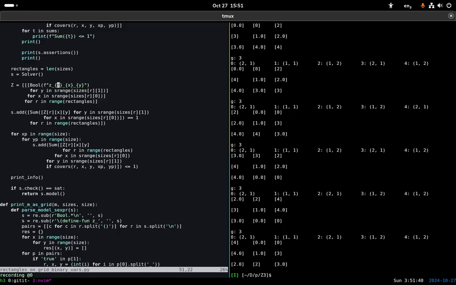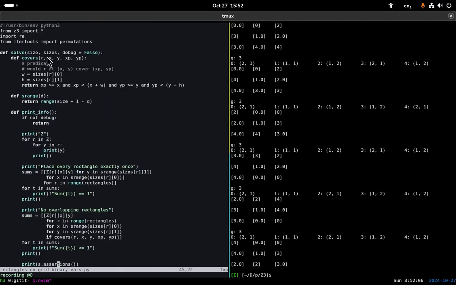The lower left corner of your rectangle falls. If, let's say, Z000 is true, that means that the first rectangle in your assignment, like in your sizes array, I called it,